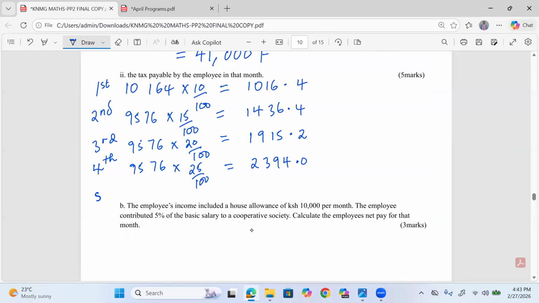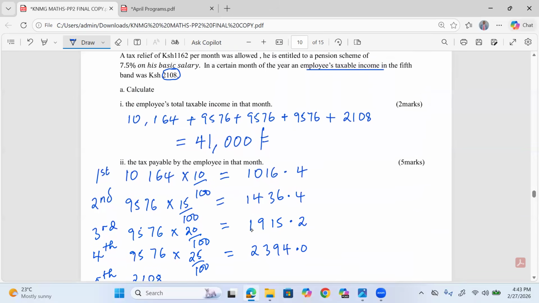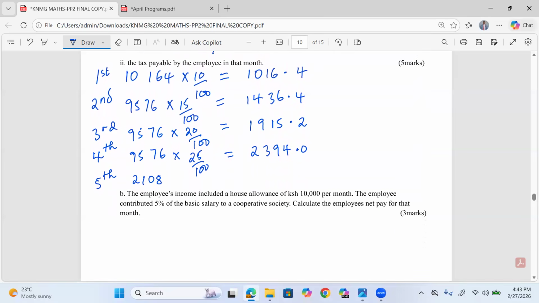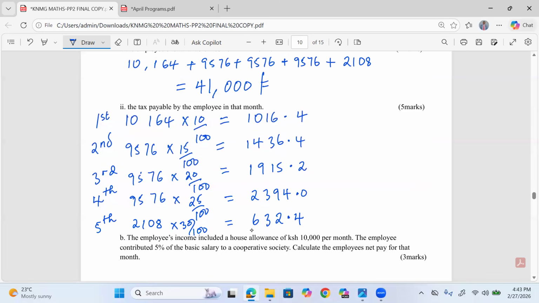And finally, in the fifth, we are already given the amount there, 2108, that lies there at the rate of 30%. So multiply 2108 by 30%. This is 632.4. So now, after getting the taxes from each of the brackets, ladies and gentlemen,